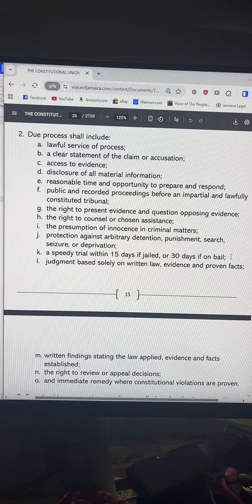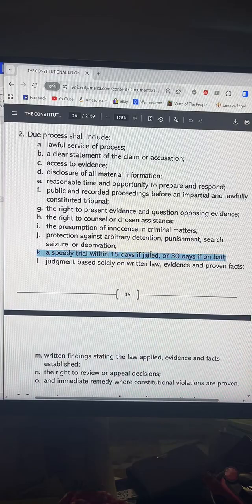Now, this is important, where we have a specific time frame upon which the prosecution must determine their case and deliberate before the court, right? If you are going to be jailed or held, right? If you're going to be held for an accusation of a crime,